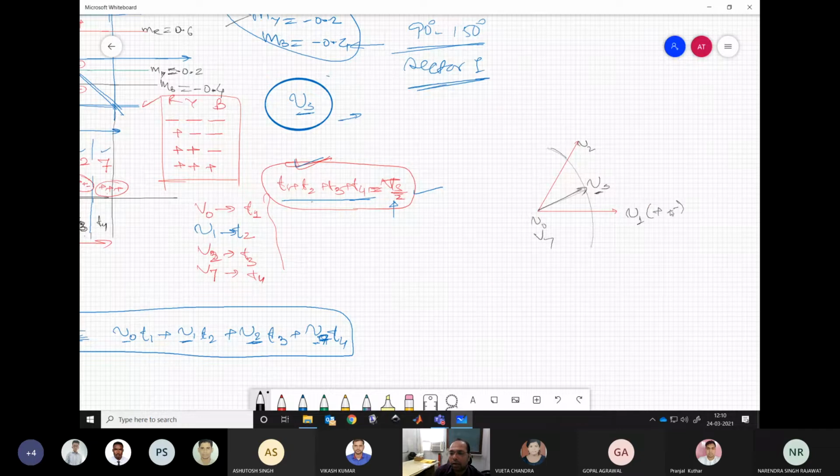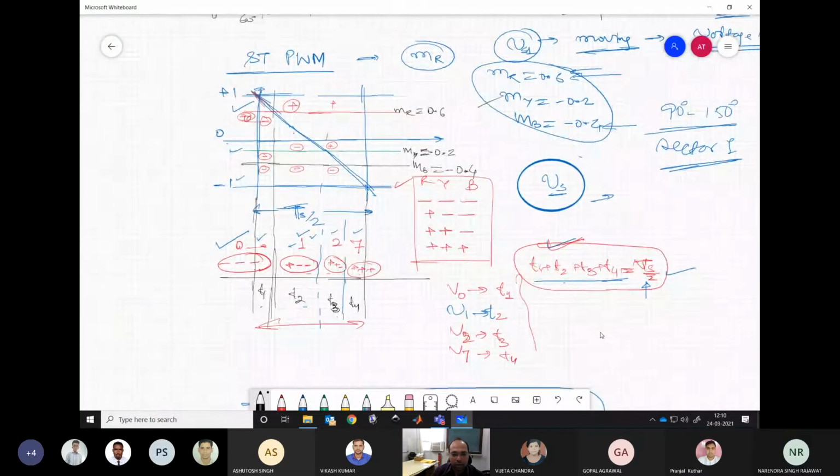So we can write what these states are. This is what we are trying to do for this particular voltage vector. Effectively, we have applied V0 first, then V1, then V2, and then V7. So in sequence, we have applied and we have realized Vs through the sine triangle PWM.